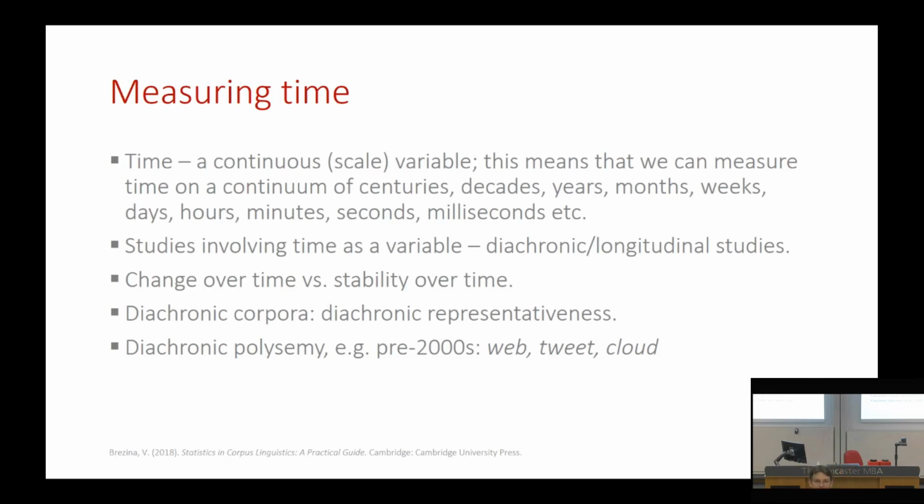Studies involving time as a variable are diachronic studies or longitudinal studies, right? Study of a variable over time. And what we want to be investigating is both the change over time in language, discourse, and usage, but also stability over time. And this is really important to stress, right? Because very often, and far too often in corpus linguistics and in statistics, we focus on differences, right? Comparison, and comparison leads us to differences and we report those. But the stability is very interesting as well, so we shouldn't forget about that, even in the diachronic type of